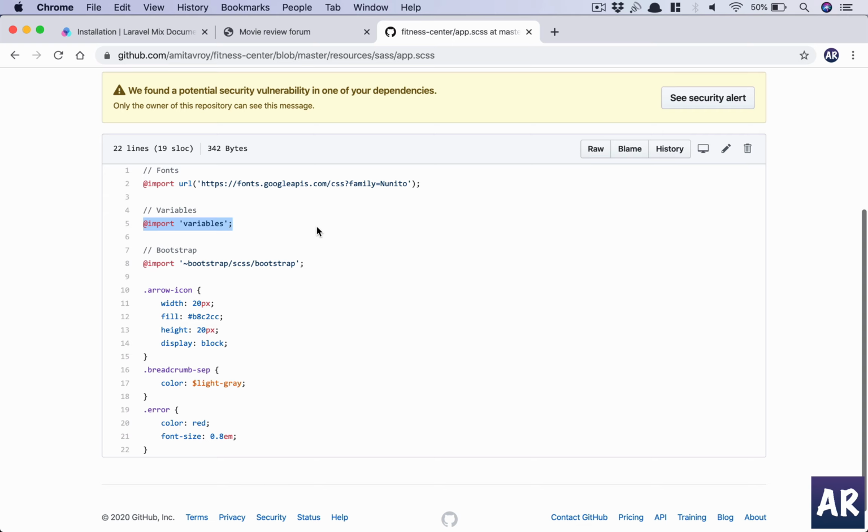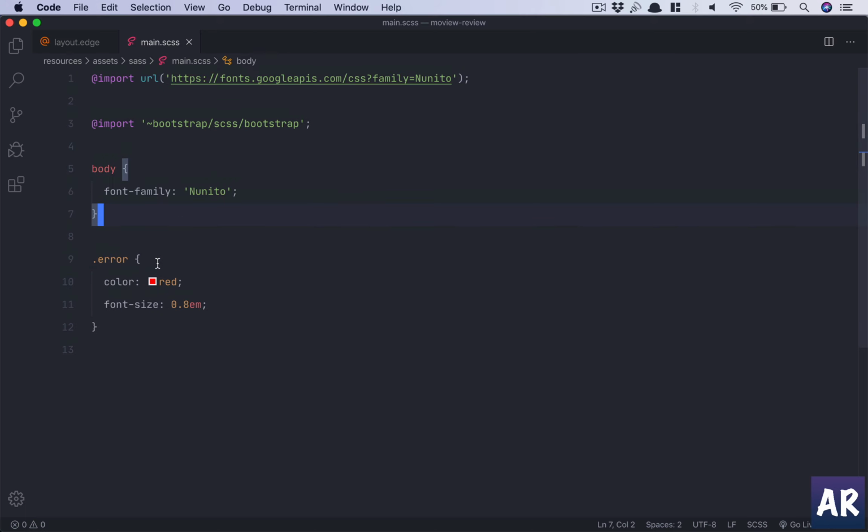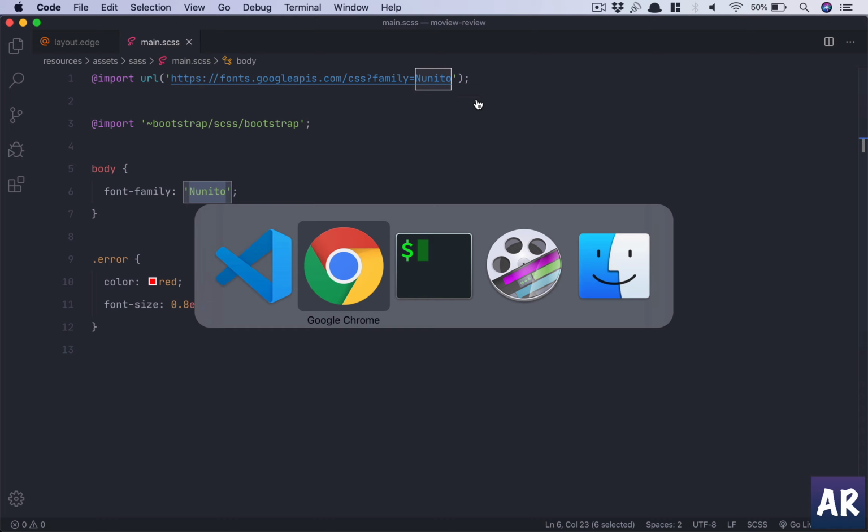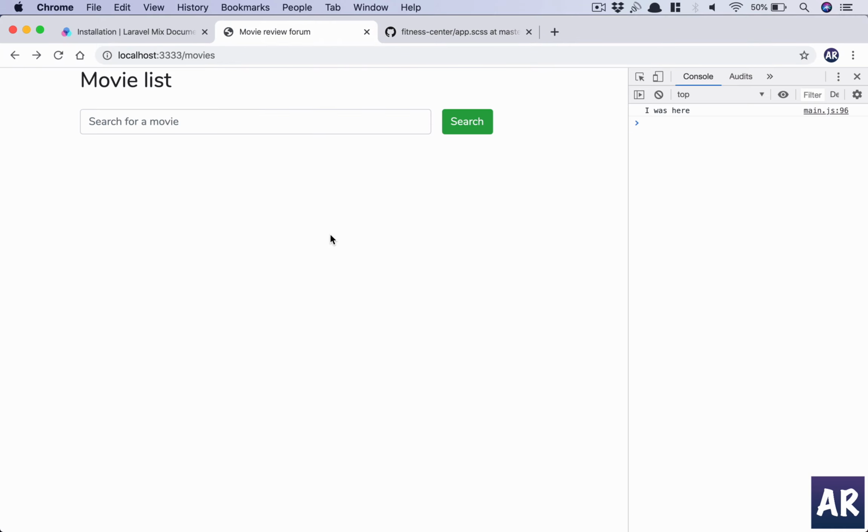It's not like these are overriding this, but basically we call it the other way around. So that's where I got confused. But yeah, so we have body with font family, this Google font which we are calling in. So everything is getting compiled, and we have a working Bootstrap based application in